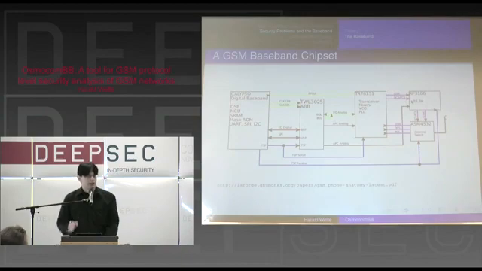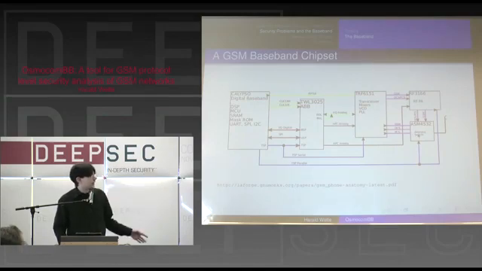You have a power amplifier for transmitting at typically up to 2 watts in modern day handsets, and an antenna switch, and various control lines between them. Now, when we run our own software on a baseband processor, the software will run here and will drive all these peripherals over here and will implement